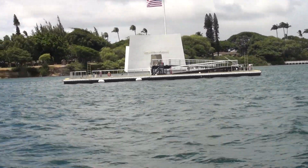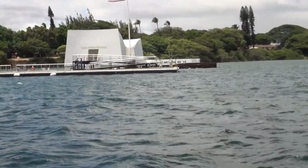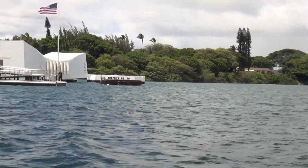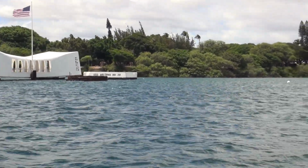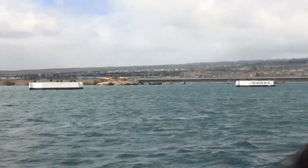On December 6, 1941, just one day before the attack, the USS Arizona had taken on almost 1.4 million gallons of fuel oil in preparation for an upcoming trip to the mainland. Much of that oil caught fire and burned following the attack. However, the fuel that